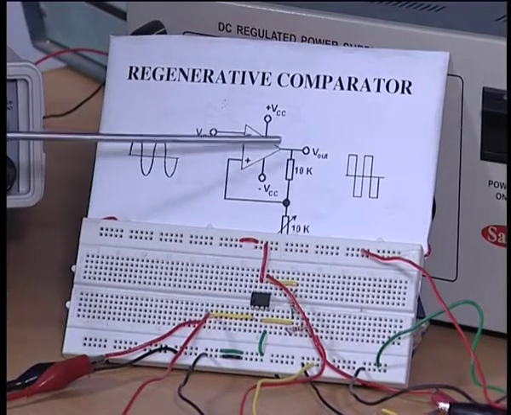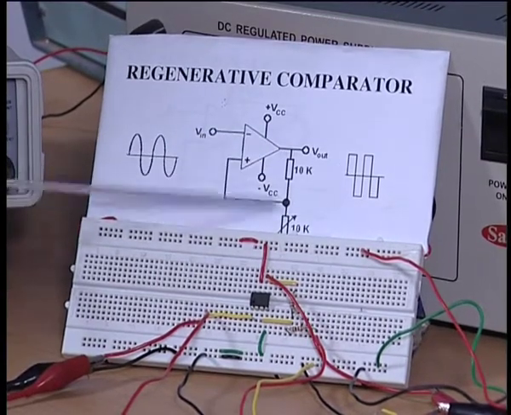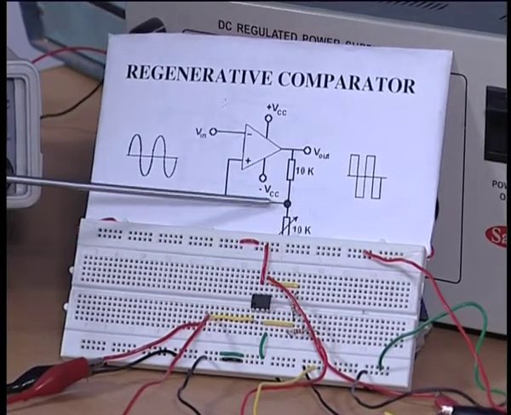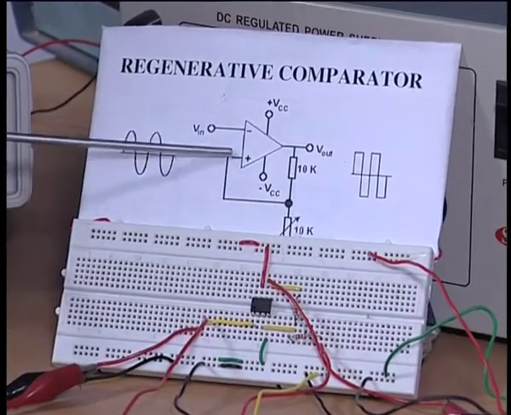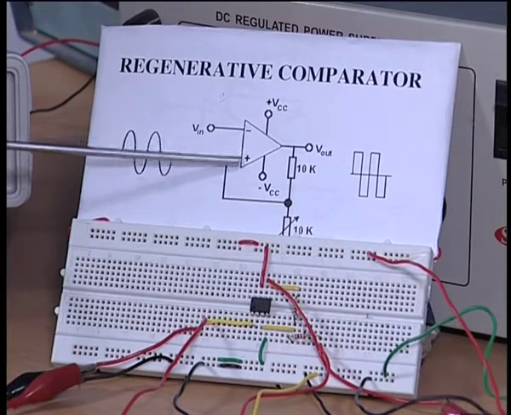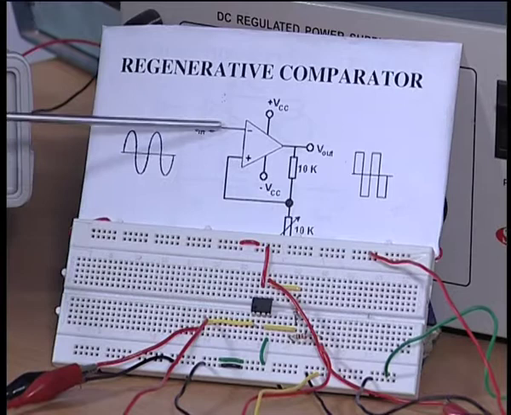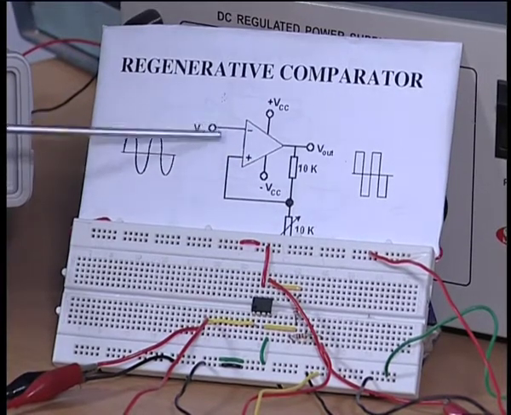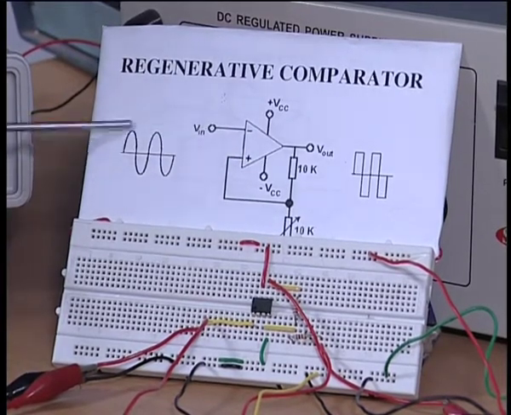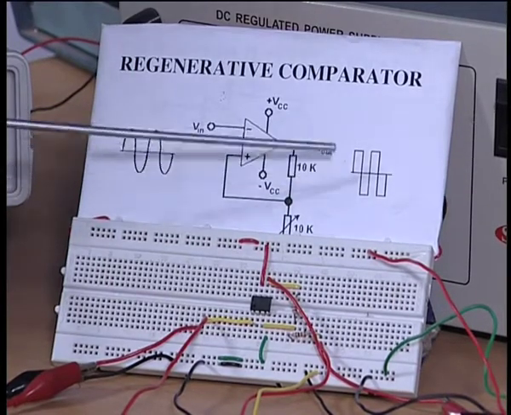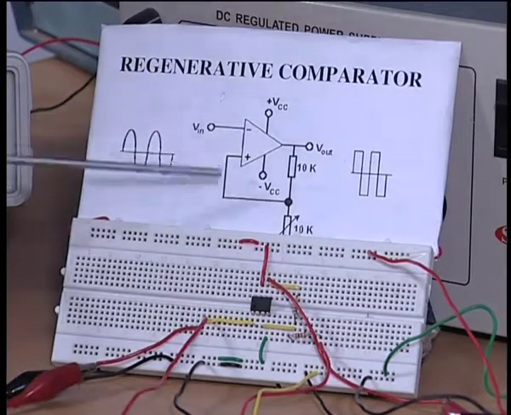So, from the output you have taken a potential divider, 10K and 1K in the example, and the divided potential is applied at the plus terminal at the input as a feedback. So, this becomes a positive feedback, and to the inverting input a sine wave input is given, and what you get of course will be a square wave, but now what is going to happen is, because it is a